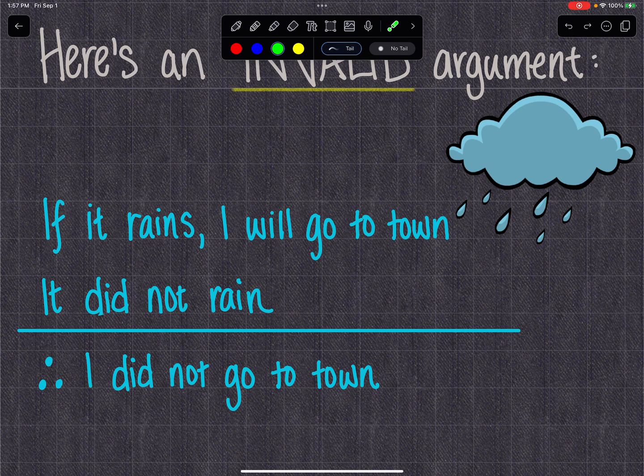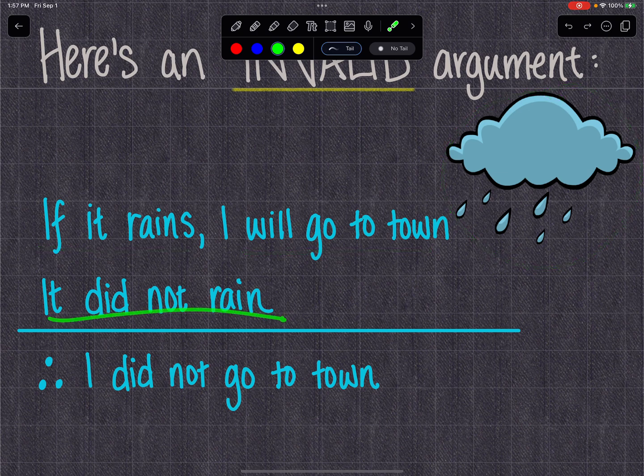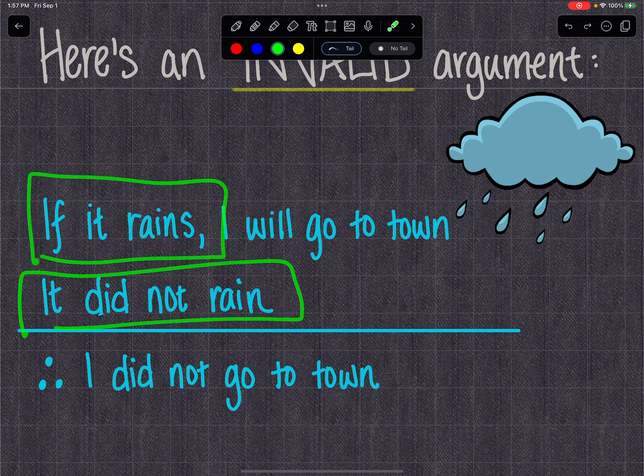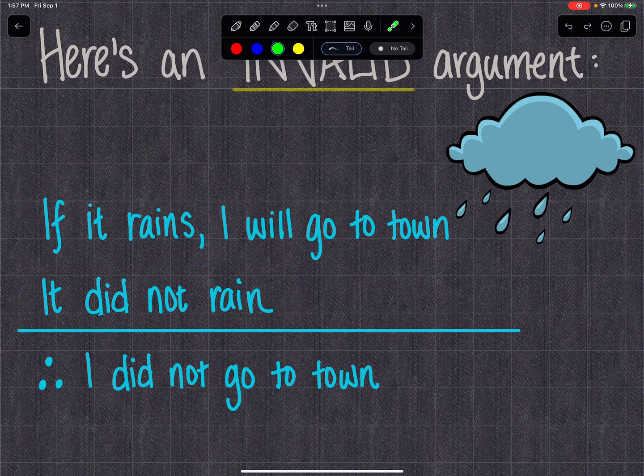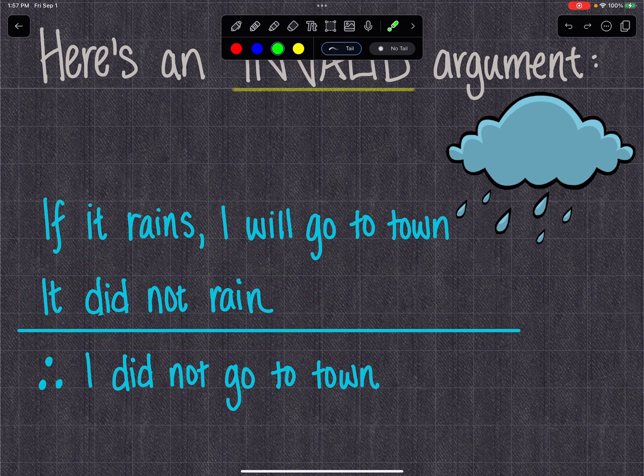So if you're sitting on a jury and you hear a lawyer say this, you're saying, if it rains, I will go to town. So that gives you information on what a person does when it rains. But it did not rain. So this is not part of this subset. The set that it's describing is days that it rains. So this has nothing to do with days that it rains because it didn't rain. So therefore, we're going to say that this is an invalid argument